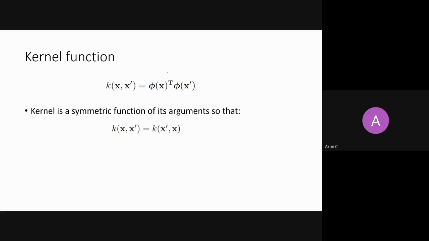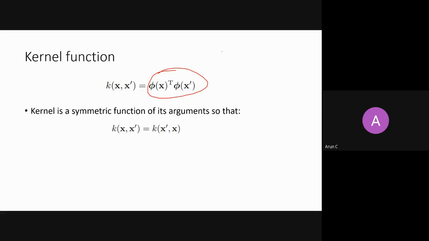So generally, what we need is to take a dot product, right? Either it is in the original space, or you project into a high dimensional space using your basis function and then take a dot product. So eventually you need to take a dot product, whether in this space, in the other feature space, or in the other high dimensional or low dimensional projected space. Wherever you are fitting your model, you are actually doing a dot product in that respective space, right?